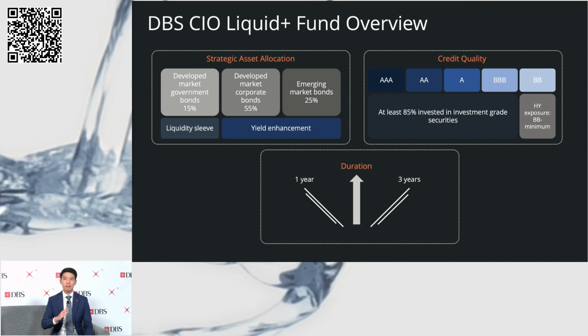For this portfolio, it ranges from a minimum of 1 year to a maximum of 3 years, keeping to the short duration tilt that Daryl was talking about earlier. Now, for example, if we believe that interest rates have peaked out, going to decline going forward, what we can do for this portfolio is to maximize the portfolio duration closer to the 5-year mark so that we can deliver more attractive returns for our investors. Now, vice versa, if we think interest rates are going to go a lot higher from here, we will reduce the portfolio duration.